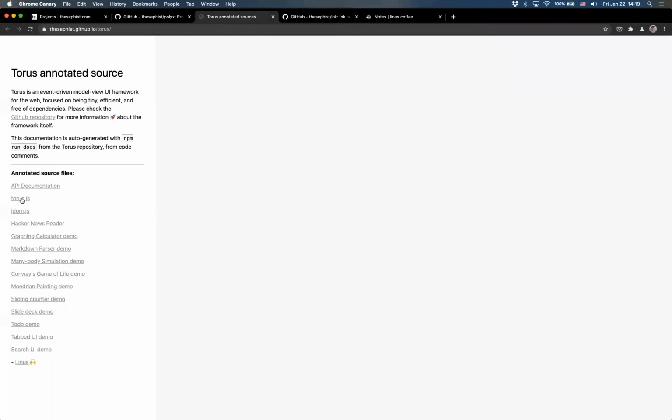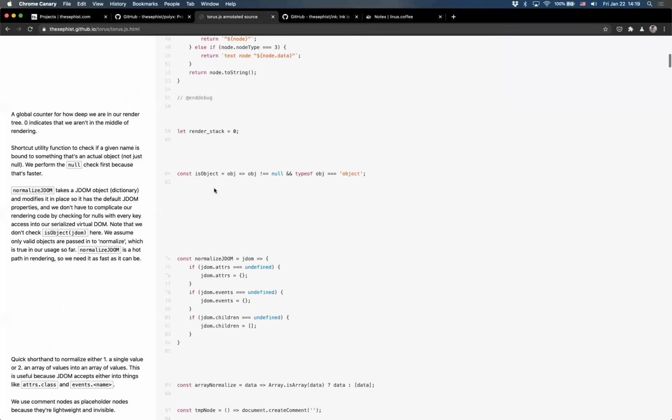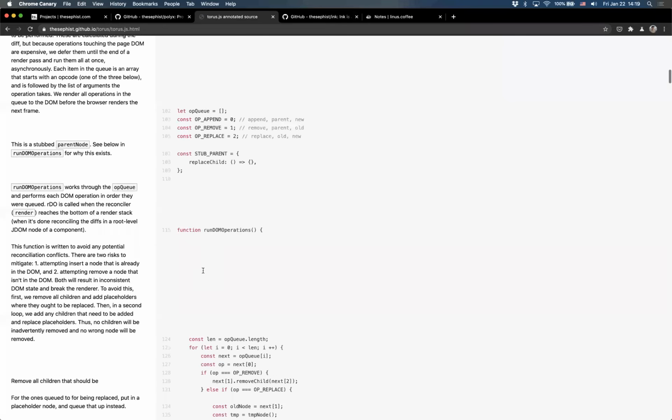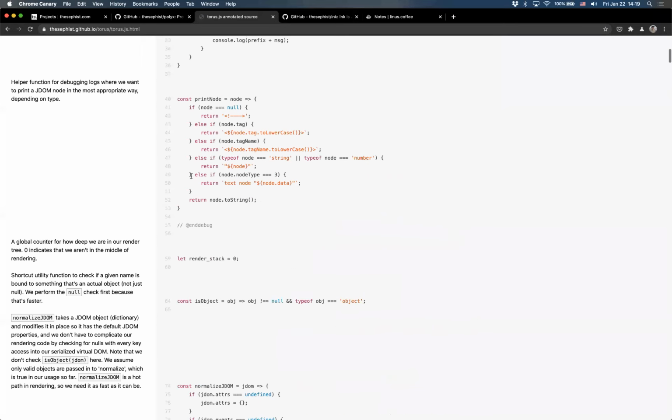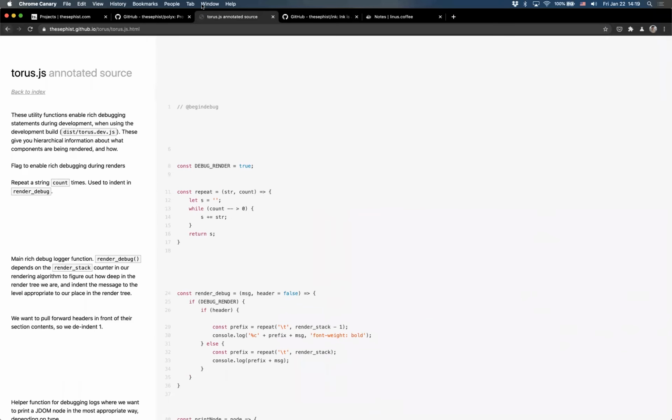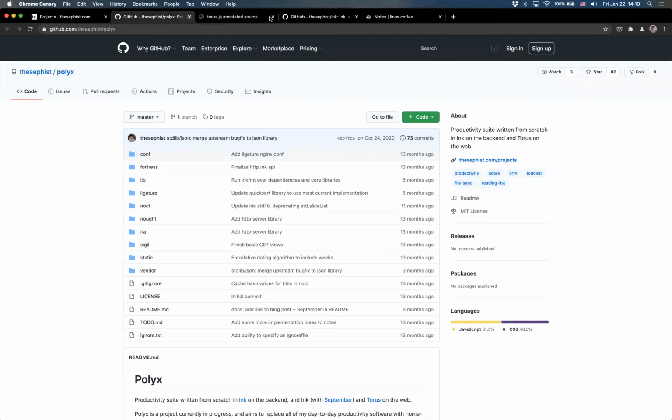But it has this little fun documentation site where you can look at a super annotated version of the source code. And as a side note, this annotation generator is also something that I wrote while I was writing Taurus. But yeah, this library is useful because basically every front end project I make, I use this library